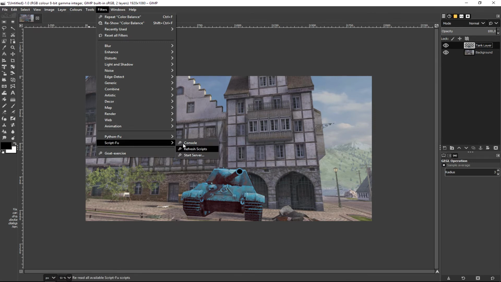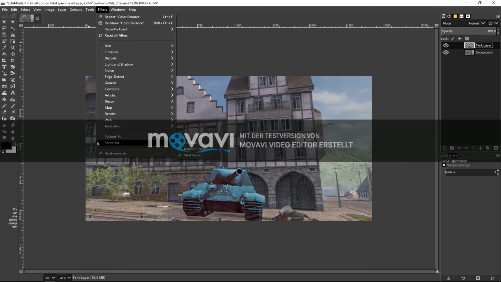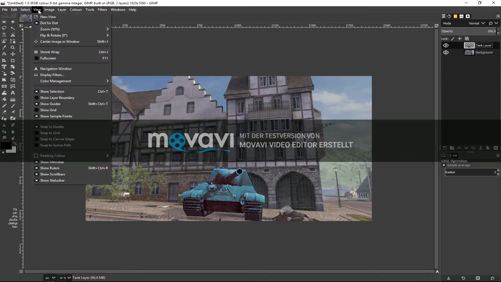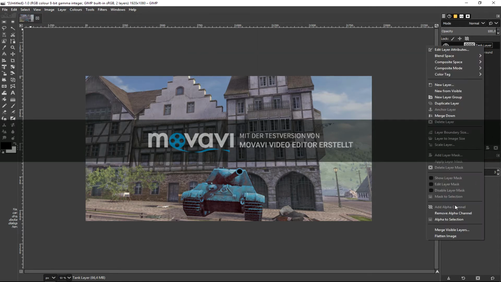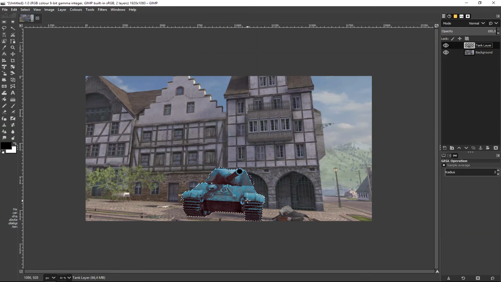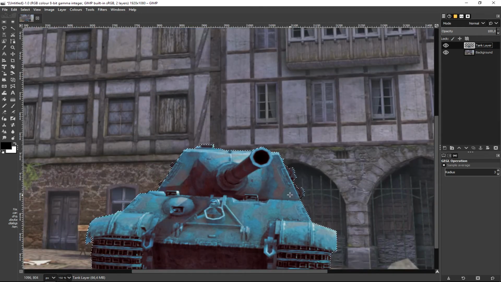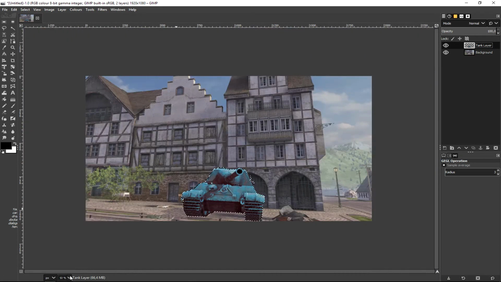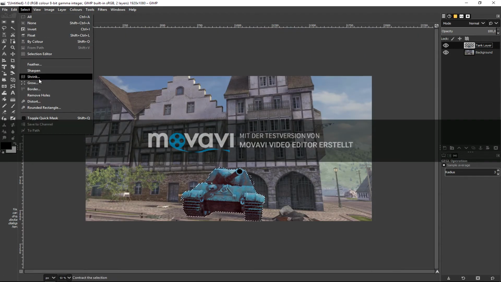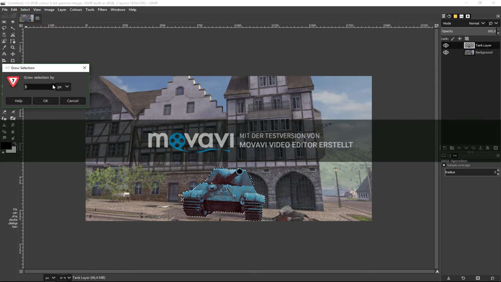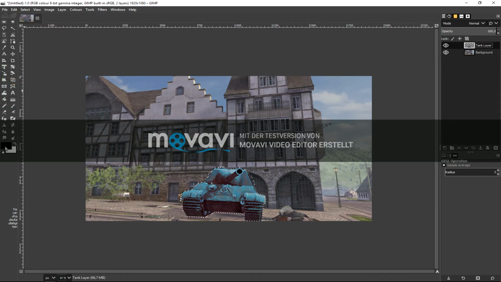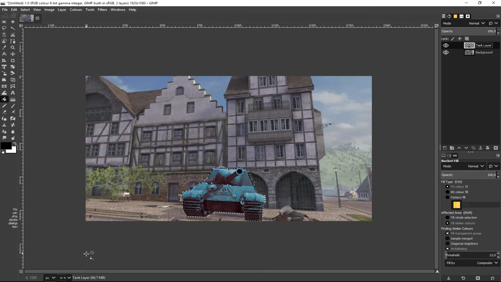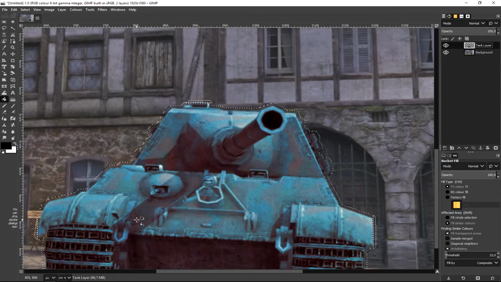Script-Fu. Okay, I still have to download that. It's an addition to this, which kind of makes life easier. But we can work around that, that's no problem. Alpha to selection just selects all of this again. Okay, this just looks a bit weird, never mind. And then we go to select, we grow by some pixels, I usually do 5. Then we go to the bucket fill tool, which you probably know from Paint or so. And then we just gonna